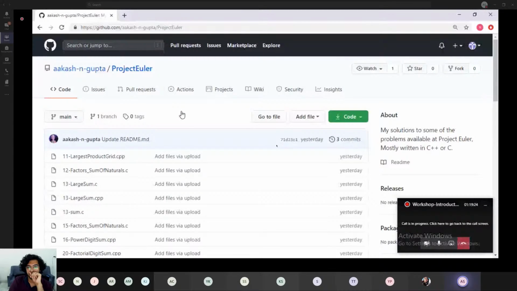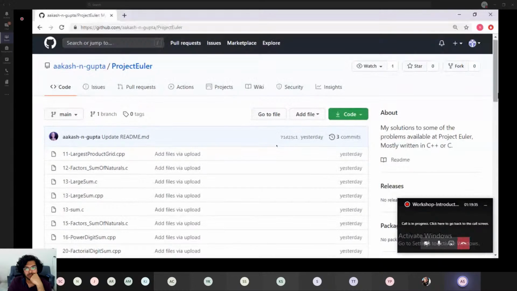Okay, what is fork? Basically, fork is like copying his files or his repository into your GitHub profile so you can work on it there. And when you have made all the useful changes, you can directly create a pull request to add them to the main repository, which is on Akash's profile, which he is working upon, or the organization's profile. I'm going to click on fork.